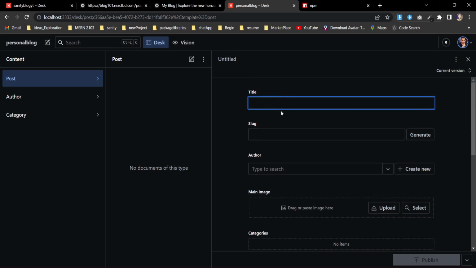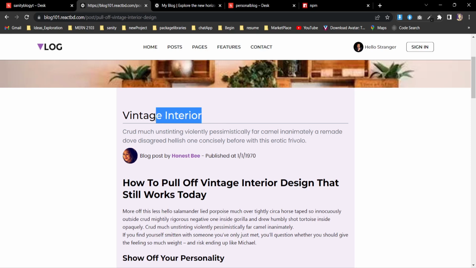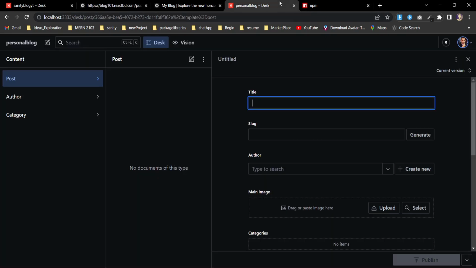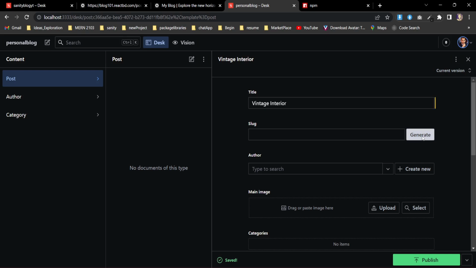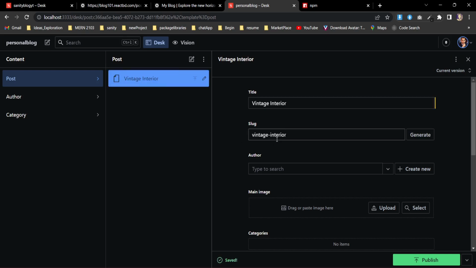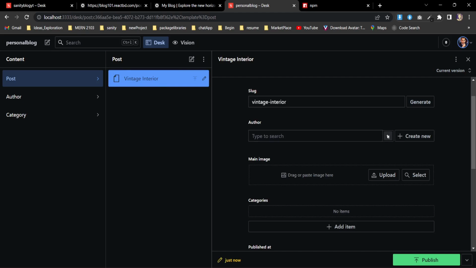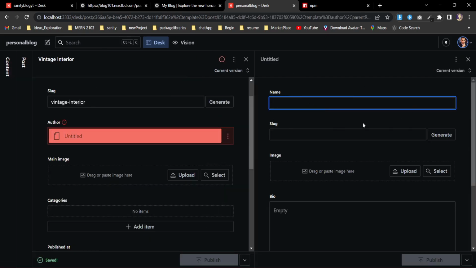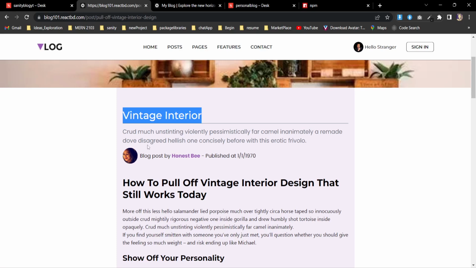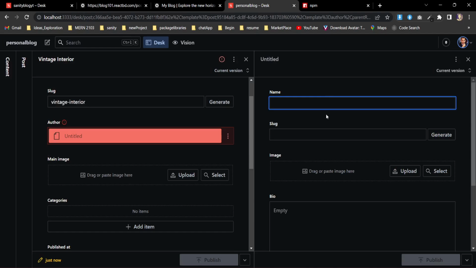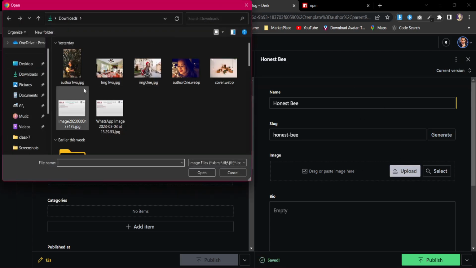So now we need to give a title. For that one, I'm just gonna copy from here. You can give any title you like for your application. And if I just click generate, it's gonna generate a slug for me. Also I need to create an author because right now we don't have an author. So create author, it's gonna take me to another tab. I'm gonna give a name for my author. What's the name we have over here? Honest B. I'm gonna place it the same way, and it will also create a slug for our author. And now for the author image, I'm gonna select that one, author image,